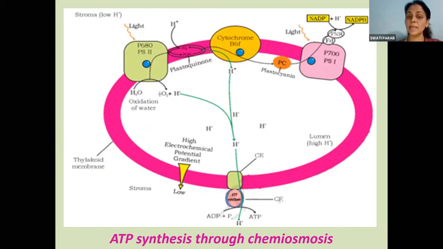Both the reactions will take place. You will see there are cytochrome systems involved. These are electron carriers. The electron that is emitted will be carried with electron carriers: plastoquinone, cytochrome B6, cytochrome F, plastocyanine. What are these? These are the electron carriers. They will carry on the electrons as well as the passing of the protons, because you can see here protons are passed on, and these protons are used here for what? For phosphorylation of ATP to ADP and P.